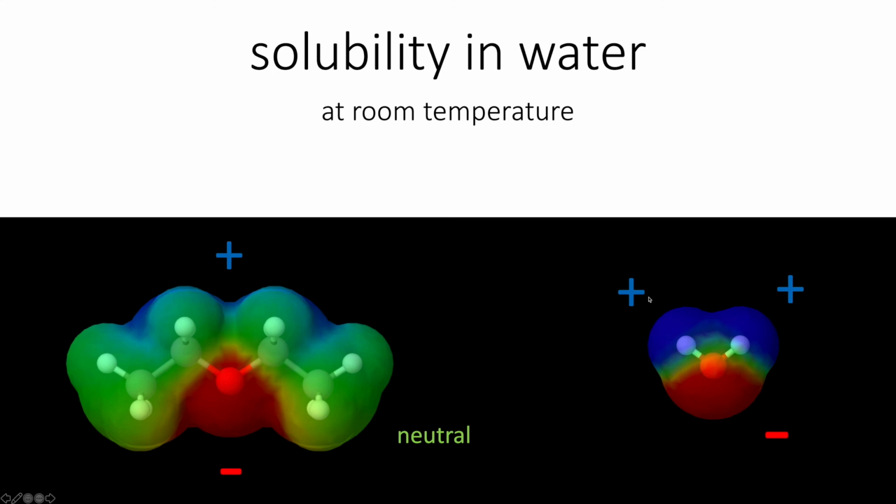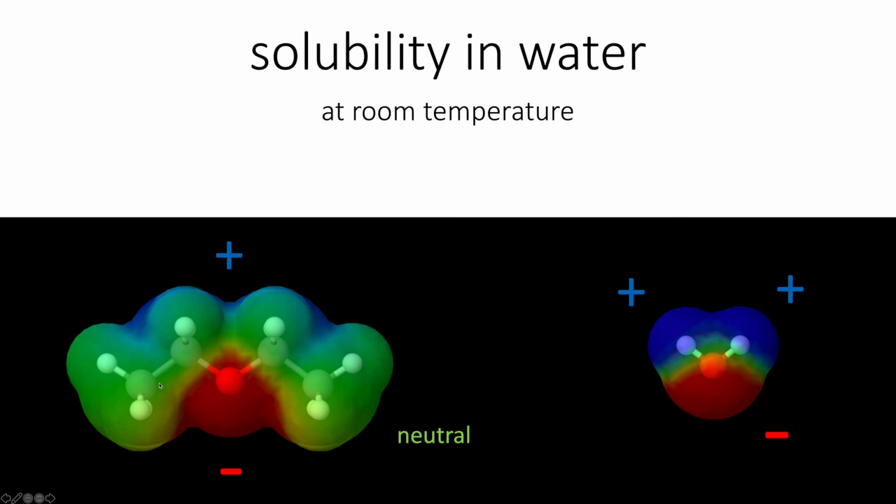Water has charges on every atom in the molecule. Diethyl ether has charges on the oxygen and two of the carbons. Opposite charges attract, so the positive charges of water will want to stick to the negative charges of diethyl ether, and the positive charges of diethyl ether will want to stick to the negative charges of water. So diethyl ether and water will mix a little bit, but notice that there's a lot of parts of diethyl